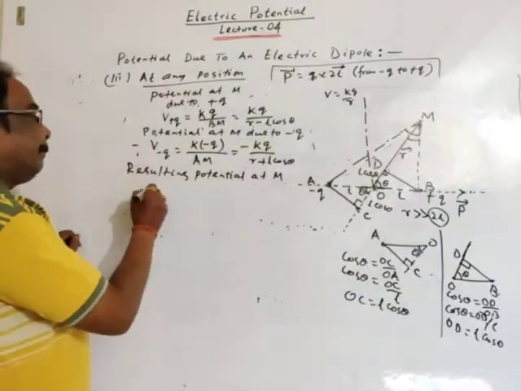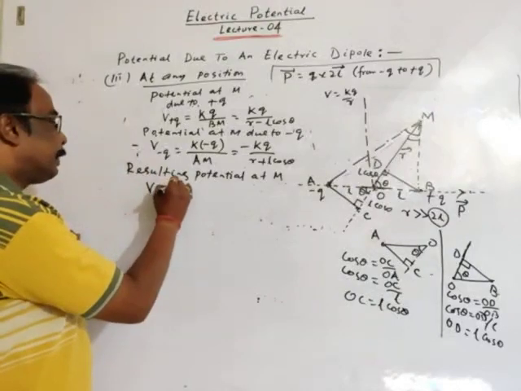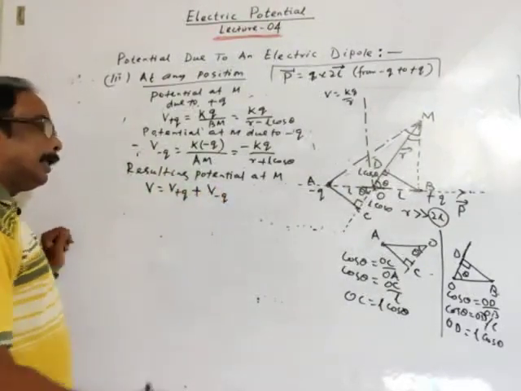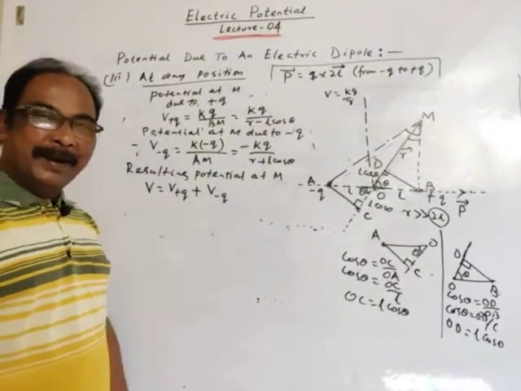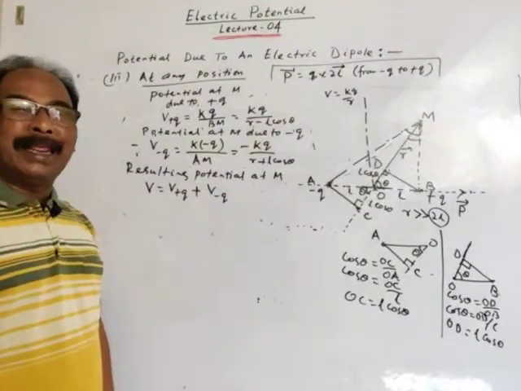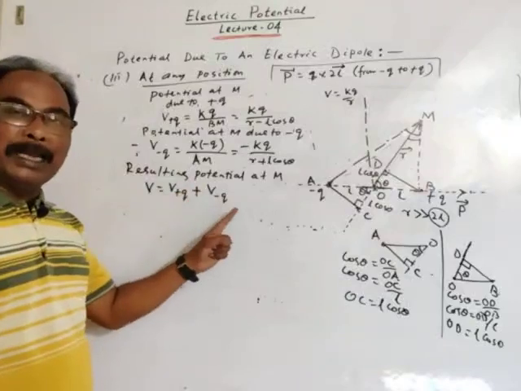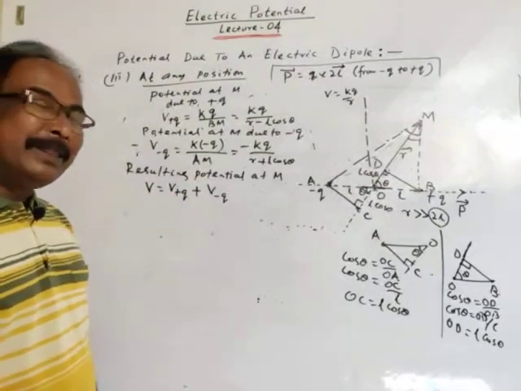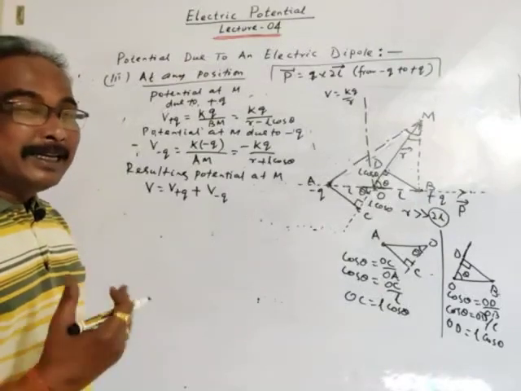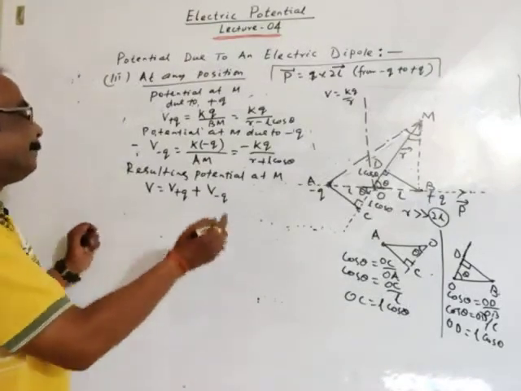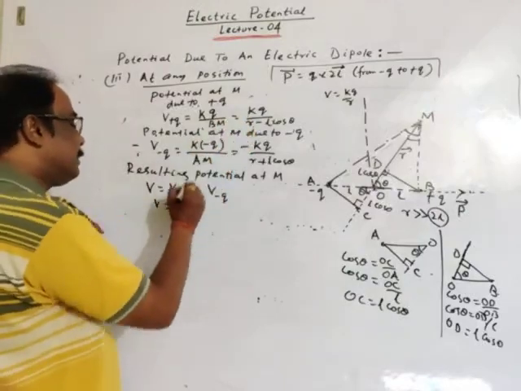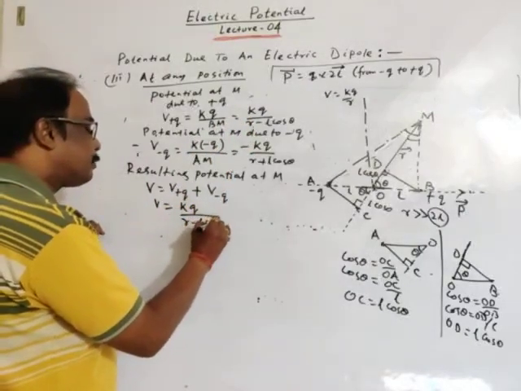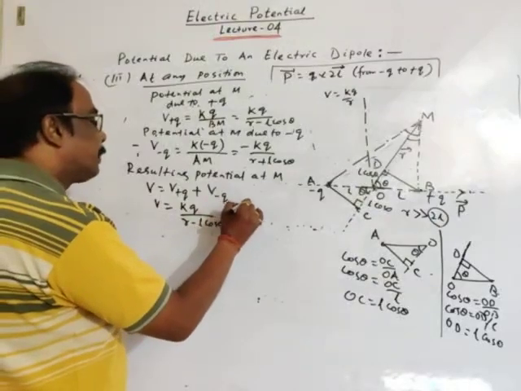Resulting potential at M is V, the potential due to the positive charge plus the potential due to the negative charge. Potential is a scalar quantity, so the resulting potential at M is the algebraic sum of the potentials due to the charges. We have discussed potential due to a system of charges in the previous lecture. Then the total potential due to the positive charge is kq divided by r minus l cos theta, plus the potential due to